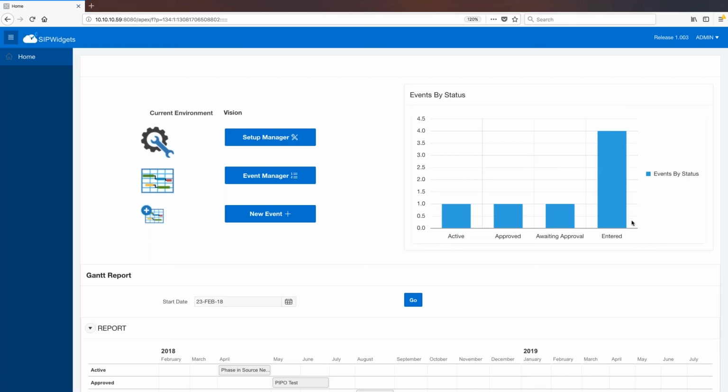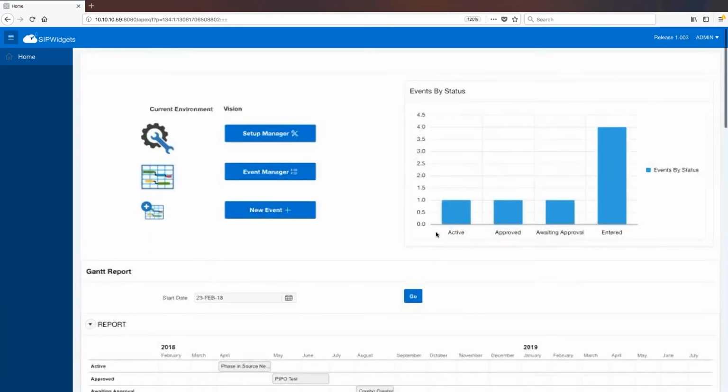Some of the events which are not on the screen are a deactivated event, where the combination involved no longer is acted upon, or is potentially a discarded event which was never executed or cancelled. And a complete event is an event which has reached its end date and is set to completed status from a systems perspective on its own.